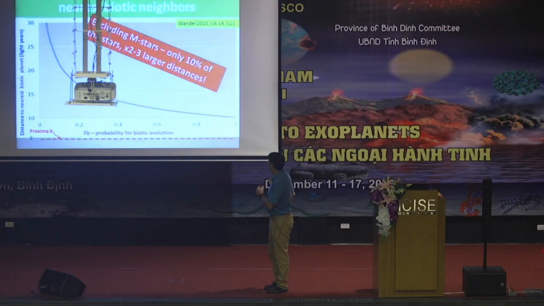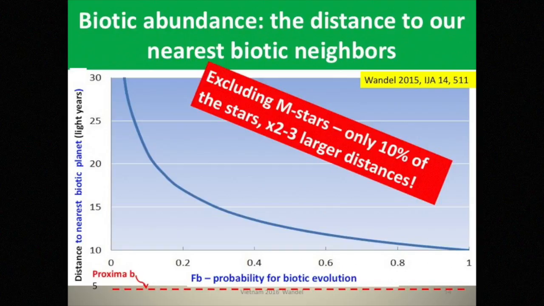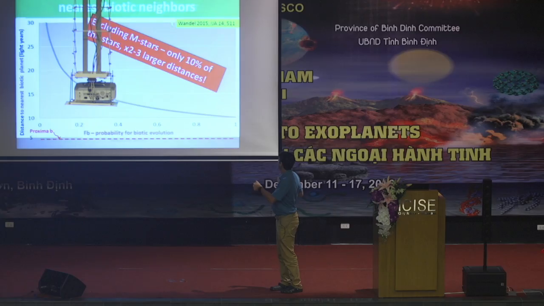Well, let's go to the final point of this lecture: biotic abundance and the distance to our nearest biotic neighbors. These are several papers I published over the years. But the main point here is that it depends on a yet unknown biotic probability. This is a parameter in the Drake equation which says what is the probability that biotic life will emerge on habitable planets. And you see, you can calculate the distance, here in light years as a function of FB, and this is assuming M stars. If you exclude the M stars, this line goes way up, and so it's a good reason to explore